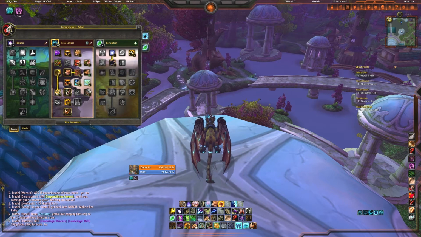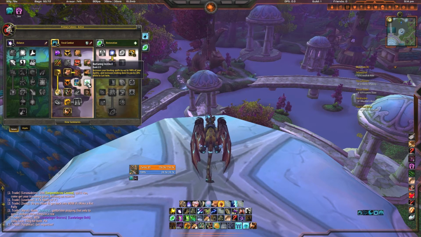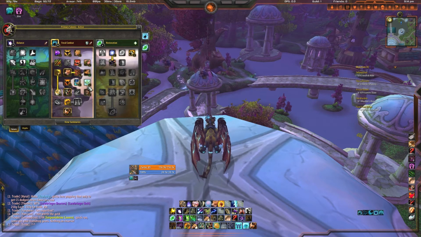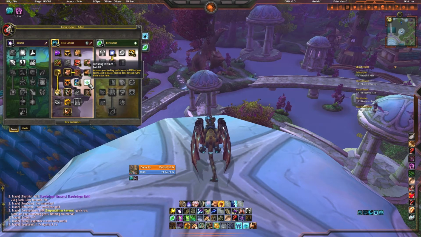The 4th tier is the same thing. You need this, you need this, you need this. Survival, Nurturing Instinct is very, very important. It increases your healing done by 20% while in cat form. Red paladins do a lot of healing in red spec with War of Glory. Now if you do that on a druid who's in cat form, it does 20% extra. That's extra heals,